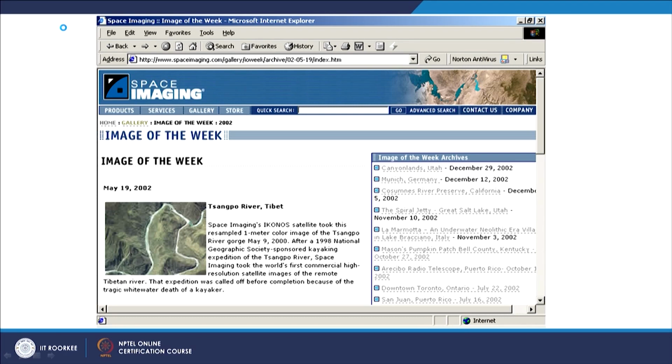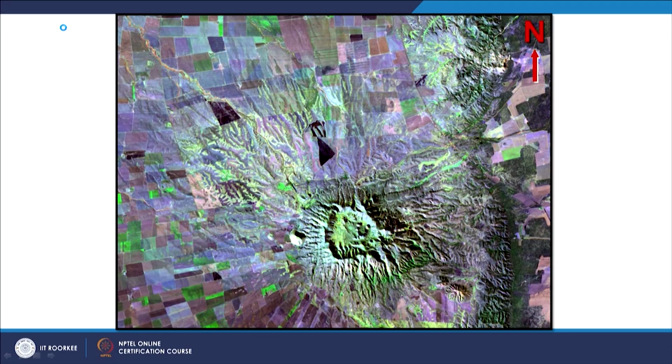So, they too have realized that if they do not rotate the image and say that this is the Tsangpo river, then users of the internet will feel that there is something wrong with the image. So, without mentioning it in the caption, they have rotated the image and realized that FTPP exists, but there is no acknowledgement of that here.